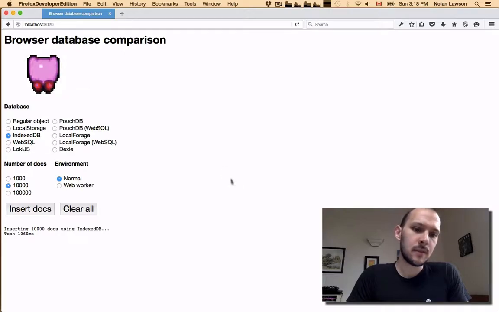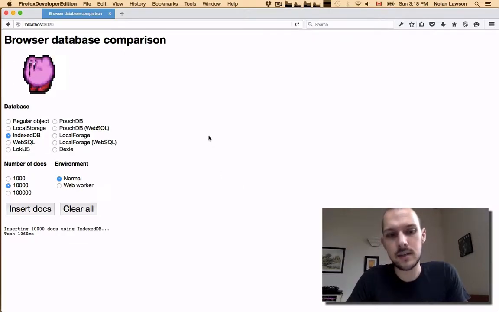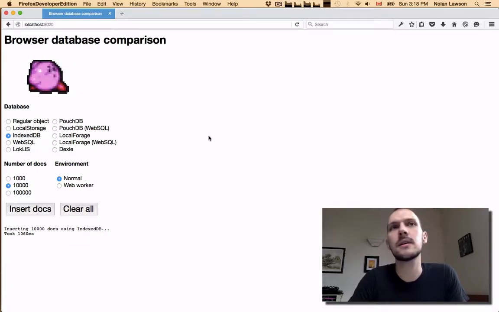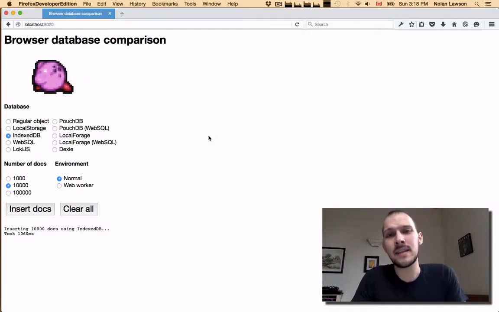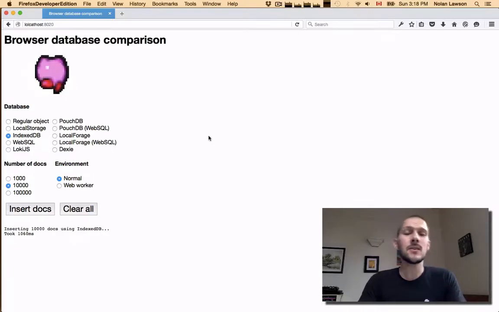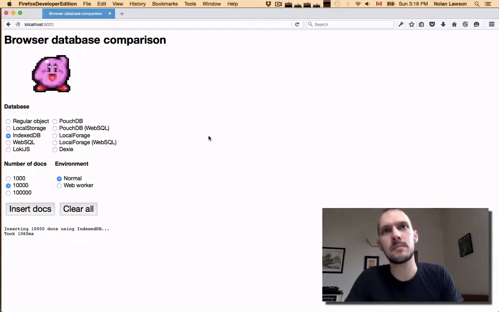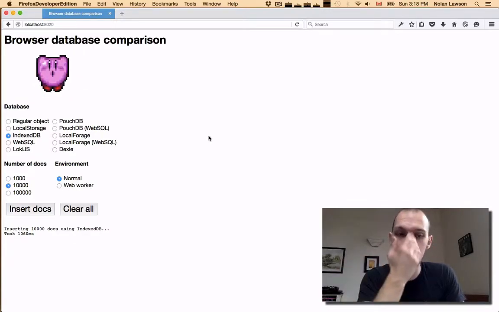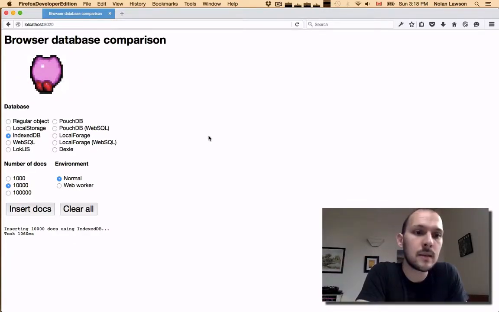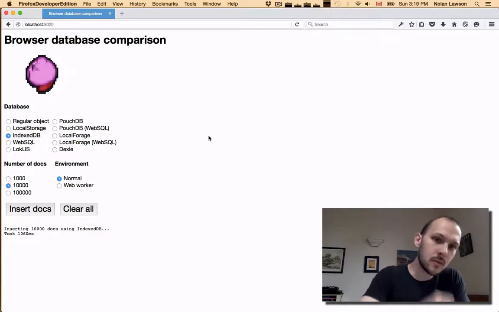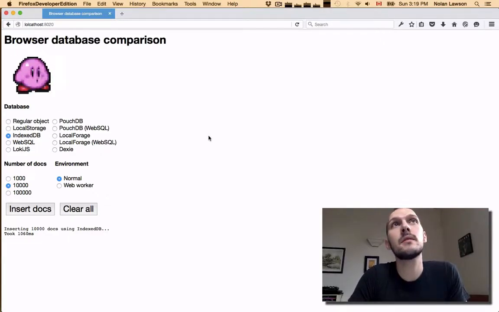It is blocking like crazy. That's really unfortunate. These are both bugs that I actually just recently filed on Firefox and on Chrome. There's no reason that IndexedDB should block. This is the selling point of IndexedDB, right? Stop using LocalStorage, use IndexedDB because it does all the same things but better, faster, in the background. Doesn't block the DOM, doesn't block your web page, but it does in Firefox and Chrome. So that's disappointing. There is a way around it though, and the way around it is just to use a